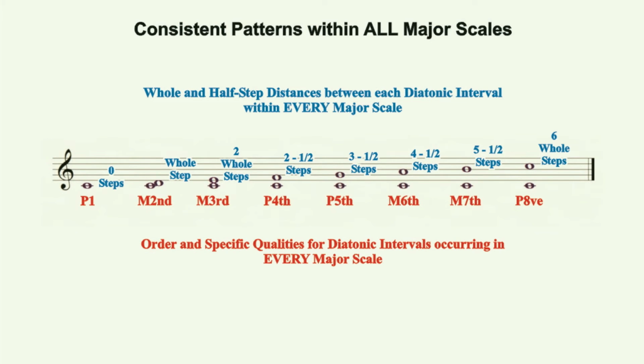These are the distances and qualities of diatonic intervals found in every major scale, regardless of its key signature. Note that the diatonic interval qualities in any major scale are made up exclusively of perfect intervals and major intervals. If one memorizes this pattern, perfect unison, major second, major third, perfect fourth, perfect fifth, major sixth, major seventh, and perfect octave, then one should have little difficulty in modifying these intervals to other qualities, such as minor, augmented, and